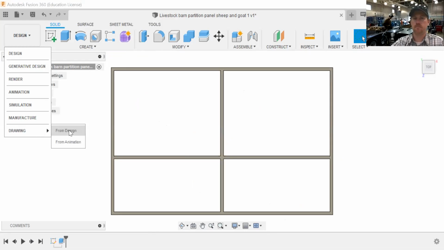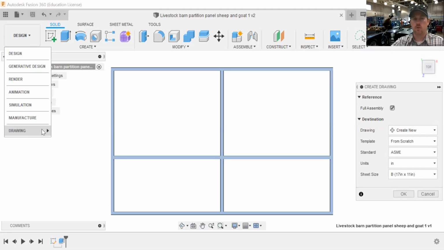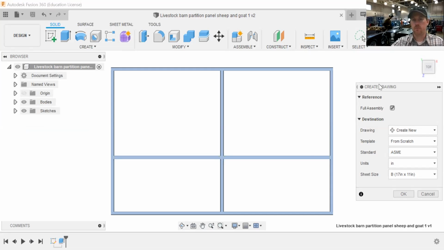From this design. So now we're going to create a drawing. Come on. It's going slow because I'm doing too many things at once. You guys don't get to see it, but I have tabs open as well. All right, so we're going to use